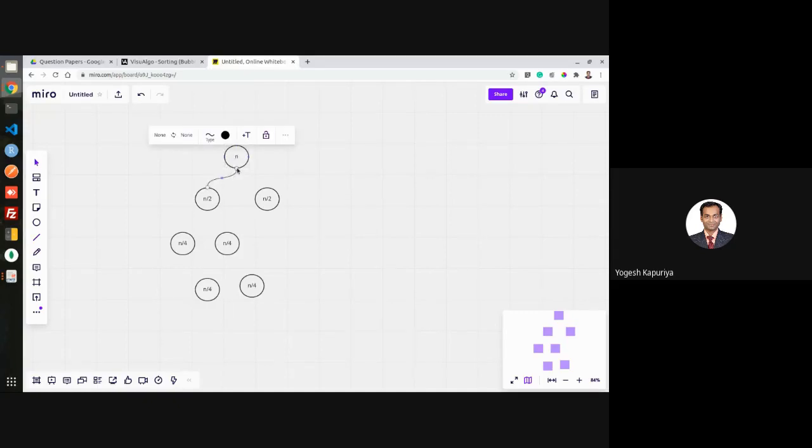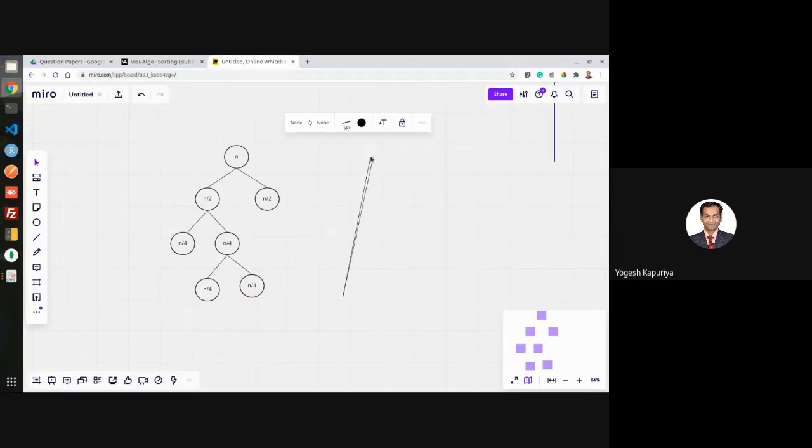So if you draw it, it is mathematically proven that the height of the binary tree